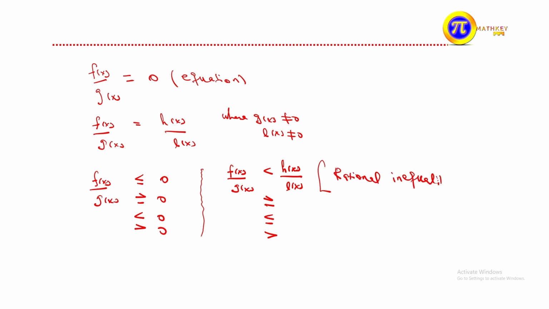Inequalities እንለዋለን። ለምን ሆነ? In this case there is less than, greater than, less than or equal, greater or equal. Inequality sign ስላለ in between we call this rational inequalities እንለዋለን። At the same time g of x must be different from 0. At the same time this L of x must be different from 0. ለምን defined እንዲሆንና meaningless እንዳይሆን ወይም well defined እንዲሆን the domain of this function must be what? The denominator different from 0 መሆን አለበት ብለናል። denominator 0 ከሆነ undefined ስለሚሆን ማለት ነው።